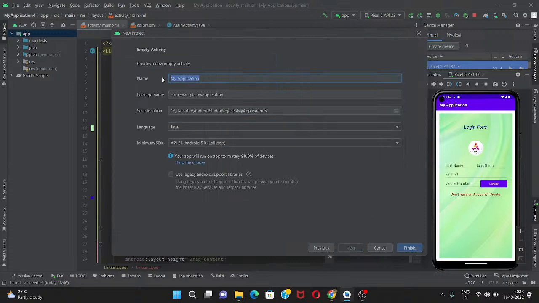And here you have to give the name for your project. Suppose I'm going to design a login form, so here I give the name of my project as loginForm. You can use camel case, so that the first letter is a small letter, and if you are combining two words, then the second word must start with a capital. Like this way you can